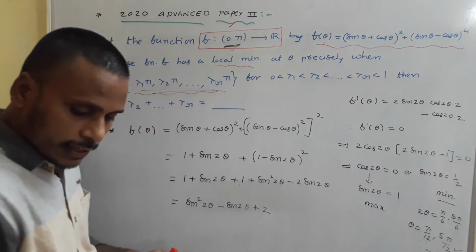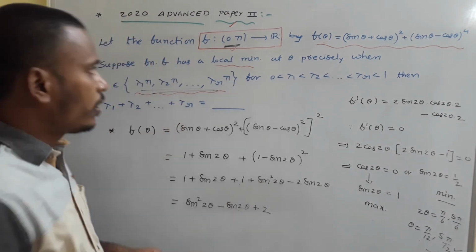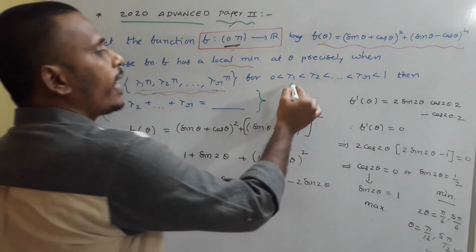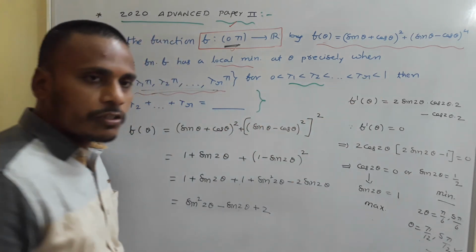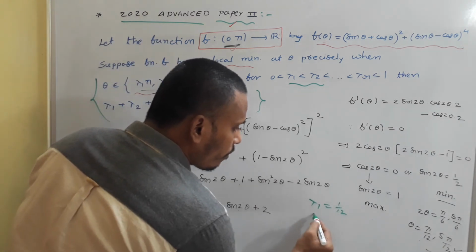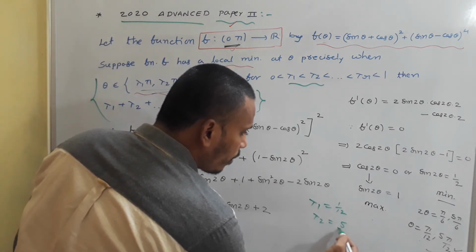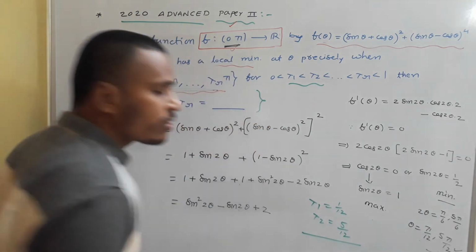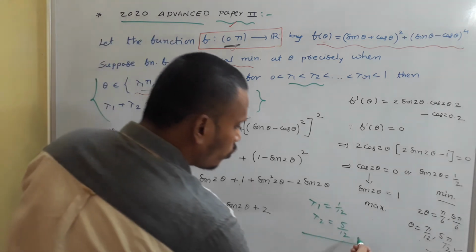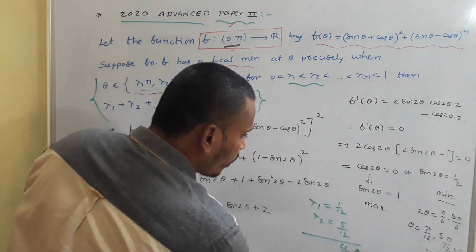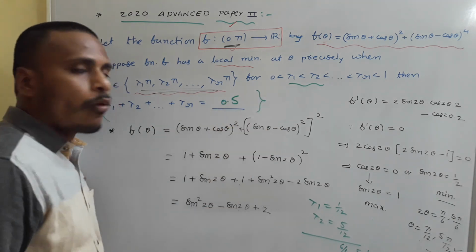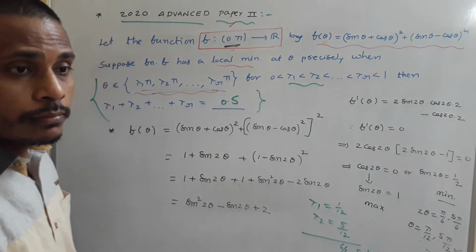Finally, this part of the question is somewhat logical. There exist only two lambdas, not so many. Lambda 1 value is 1 by 12, whereas lambda 2 value is 5 by 12. We need to find the sum of all possible lambdas. So we add these two, which is 6 by 12, equal to 1 by 2. So our answer at the end is 0.5. There ends the problem.